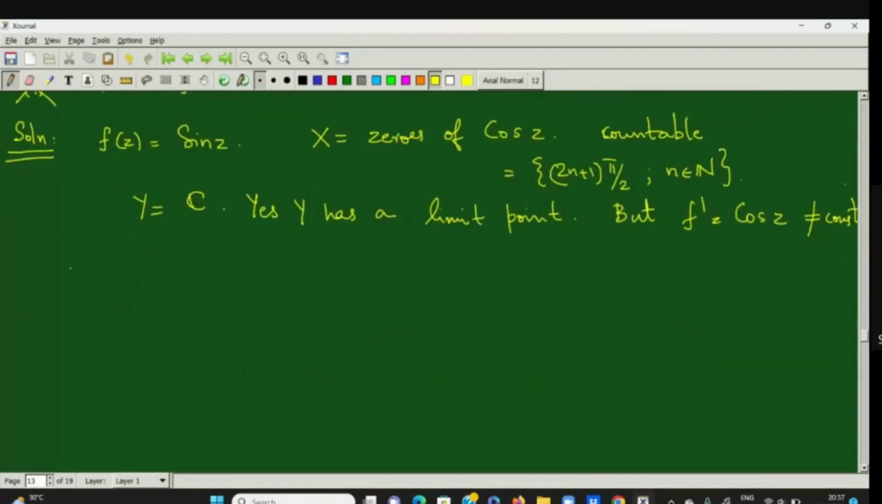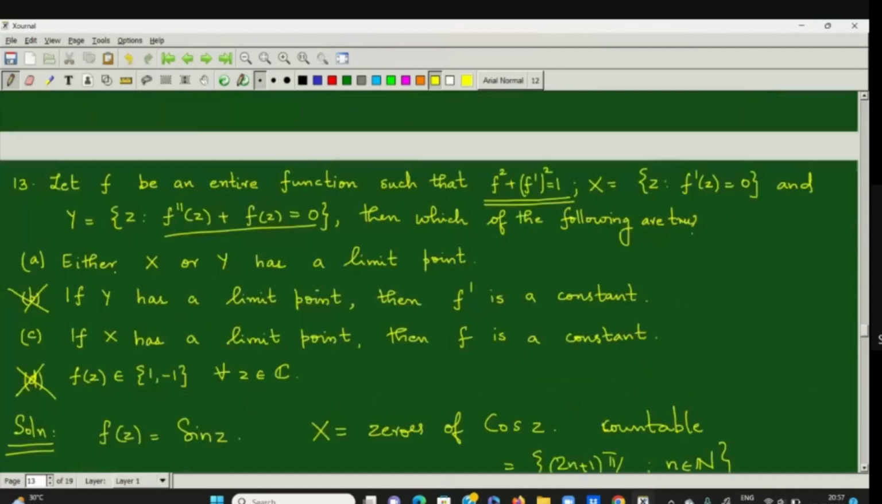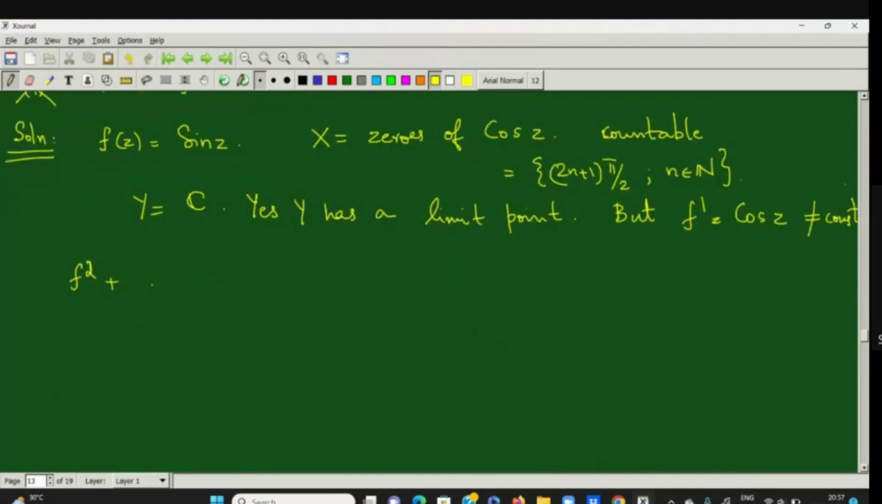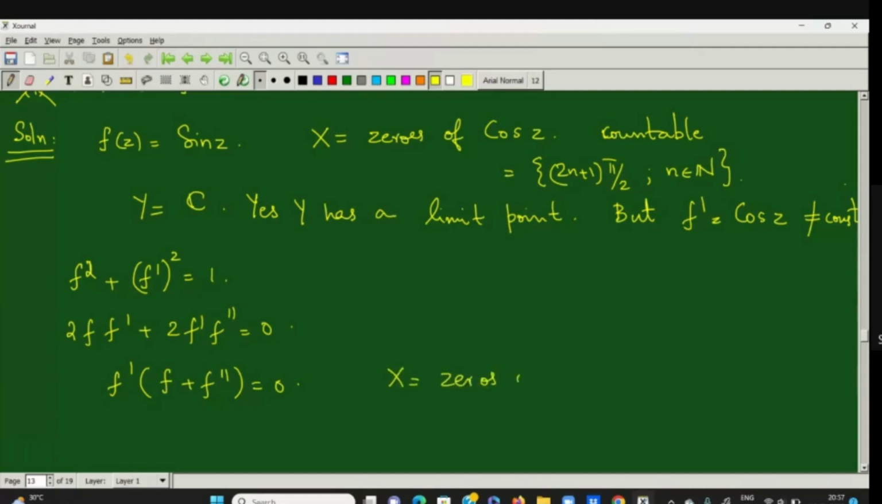Now we have f squared plus f dash squared is 1. Differentiating, we have 2f f dash plus 2f dash f double dash is 0. That is f dash into f plus f double dash is 0. So what is this thing? Either f dash is 0 at something or f plus f double dash is 0 at something. So if X is considered to be the zeros of f dash and Y is considered to be the zeros of